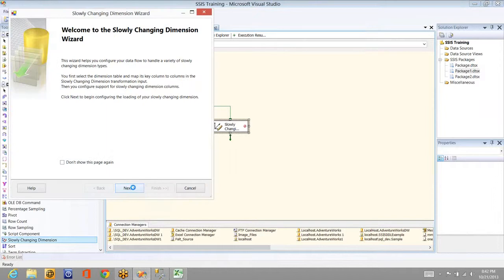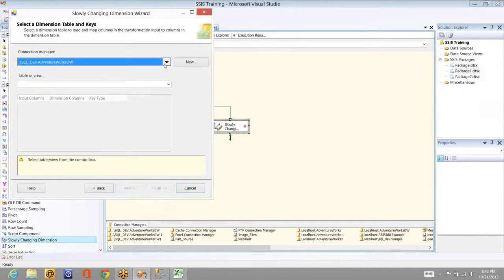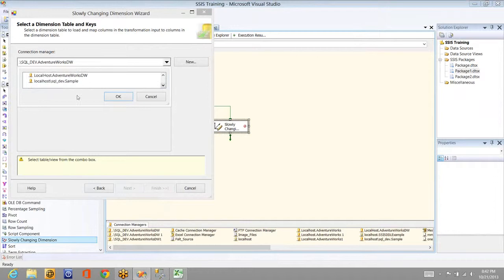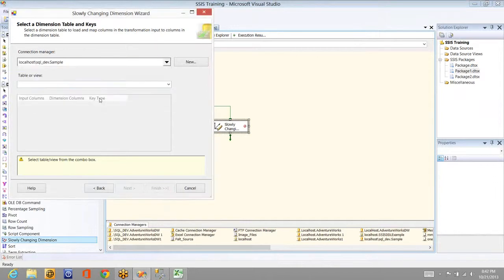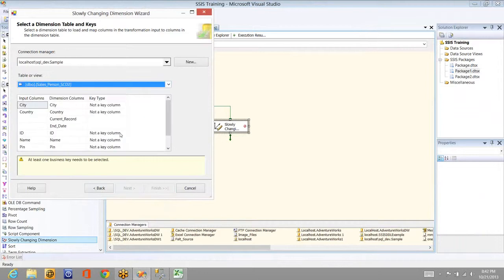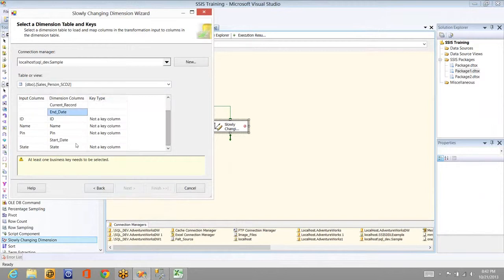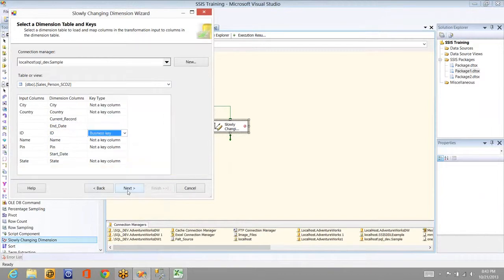Here I'm selecting next, the database is sample, and the table name is SCD type 2. And the key column is, see, these are the date columns that are not available in the source. You can see the current record, the end date, and start date. So it is coming as blank. Now the key column is ID, the business key.